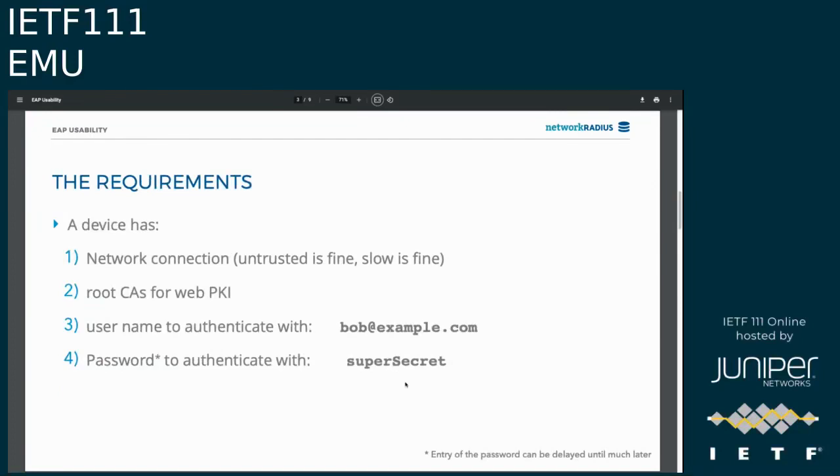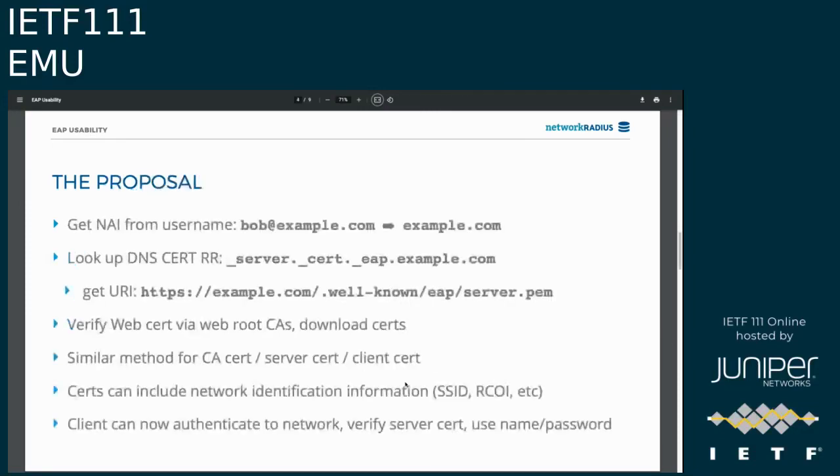So the requirements: device has a network connection, untrusted is fine, slow is fine, root CAs for web PKI, a username and a password, and per Dan's comments on the list, that's a good point. It doesn't actually require the username and password. All it really needs is the realm. But the initial purpose of this draft is end user devices. So we'll just call it a username and password. So if we go to the next slide,